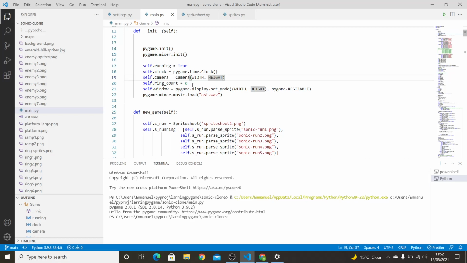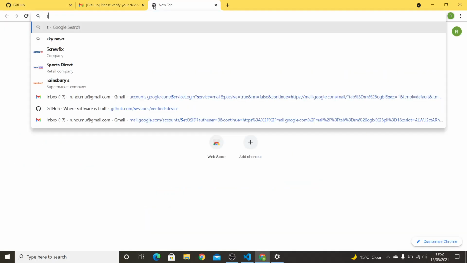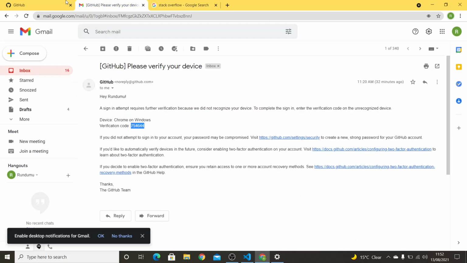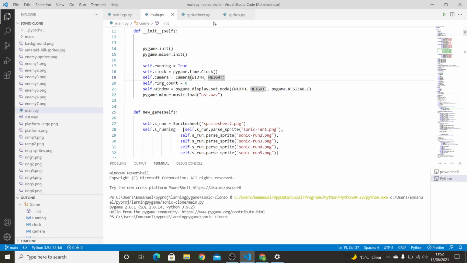And so the camera is a really interesting thing. That's not really something specific to Pygame. There was code that I found on Stack Overflow for this. Obviously, I don't want to log into Stack Overflow. You could just Google it. And it really made keeping track of Sonic's position on the screen easy, because if you don't have a camera in the game, you're literally just gonna hit